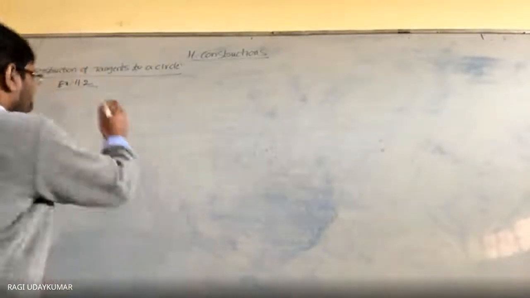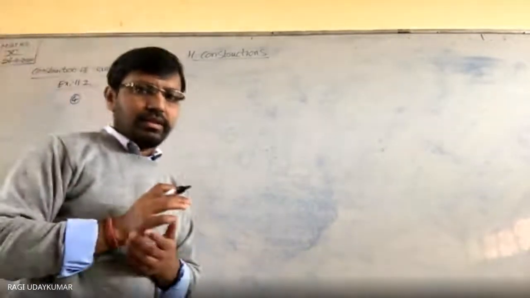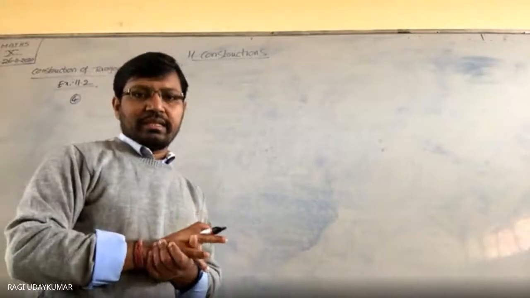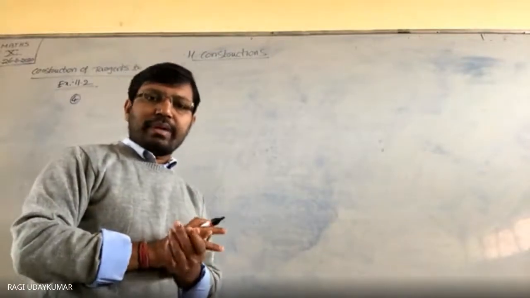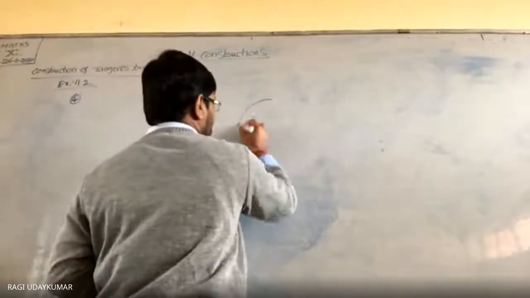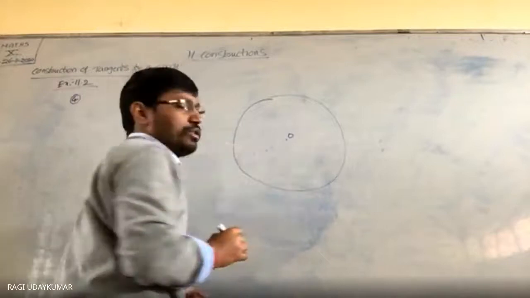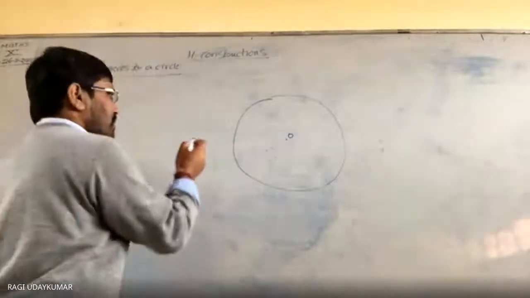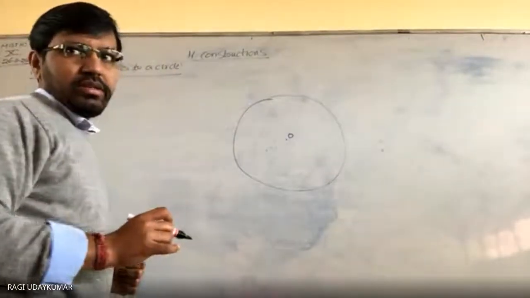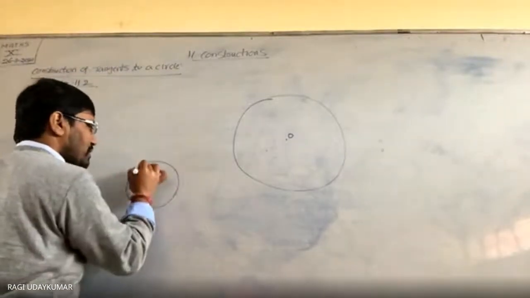Fourth question is given to you. Draw a circle of radius 5 centimeters. Okay. Draw the pair of tangents to the circle of radius 5 centimeters. First 5 centimeters radius wala circle draw. This is 5 centimeters radius. Assume. And from a point, rough figure draw first, because you need to draw the rough figure. ये rough मान लो, just consider this problem.